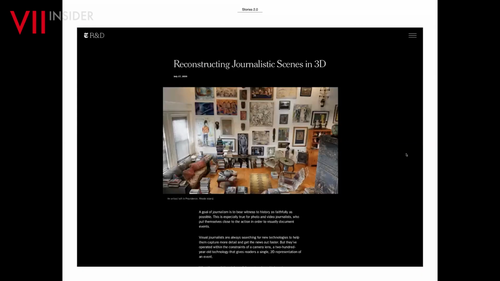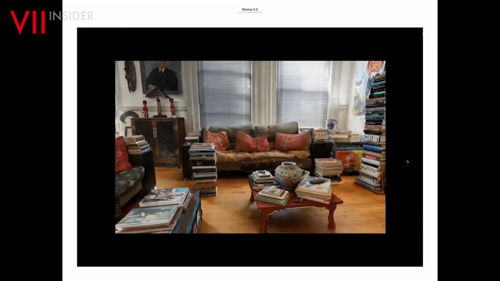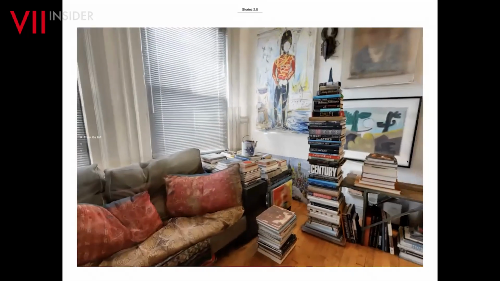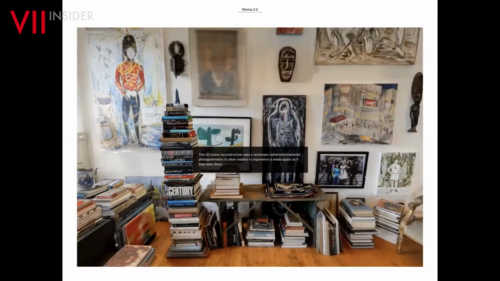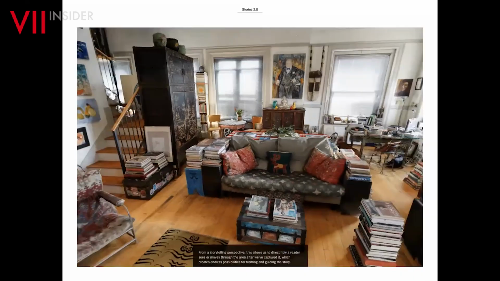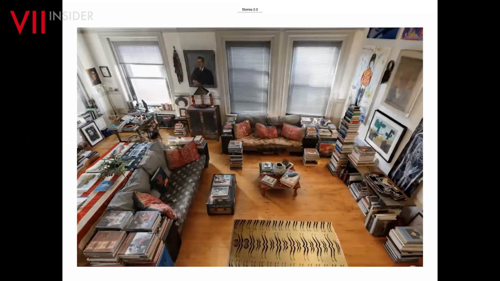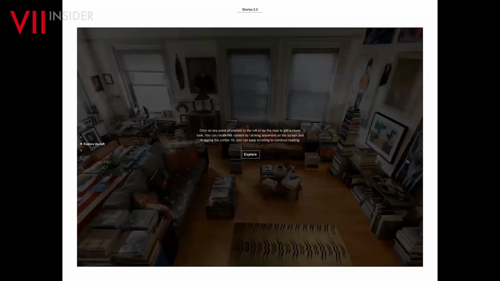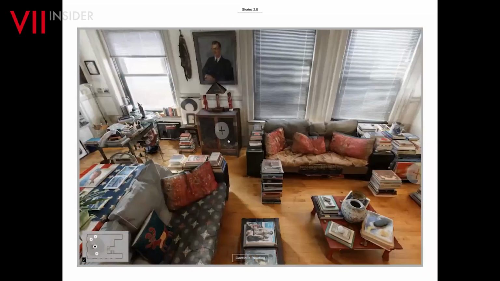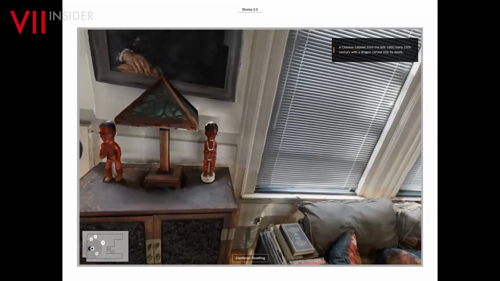And this is another example of 3D that the New York Times used, where you can really navigate through a room, which has been scanned down to the smallest detail. You can be in someone's house and explore it and see what's lying on the table, what's under the sofa, all kinds of different places. So this still demands a lot of work from the back end of the newspaper, because there's a lot of coding. But